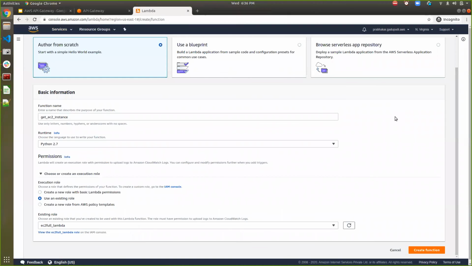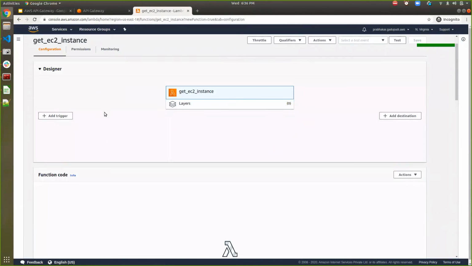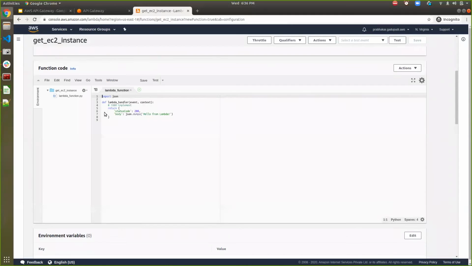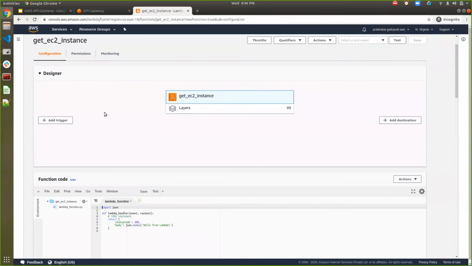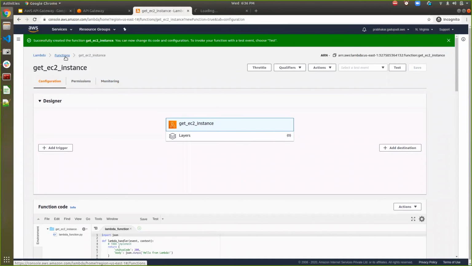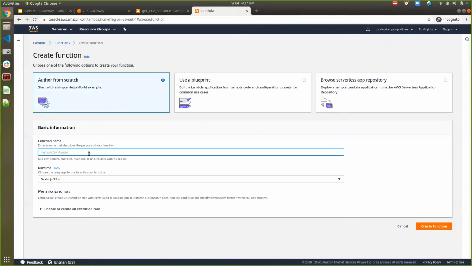So inside this Lambda function, I'm choosing the default Lambda function and now creating it. It is one of the Lambda functions, and similarly I'm going to create another Lambda function which supports stopping EC2 instances whenever I call the API Gateway. So I go to Lambda again and create another Lambda function, so I can use it as stop EC2 instances, and choose Python.